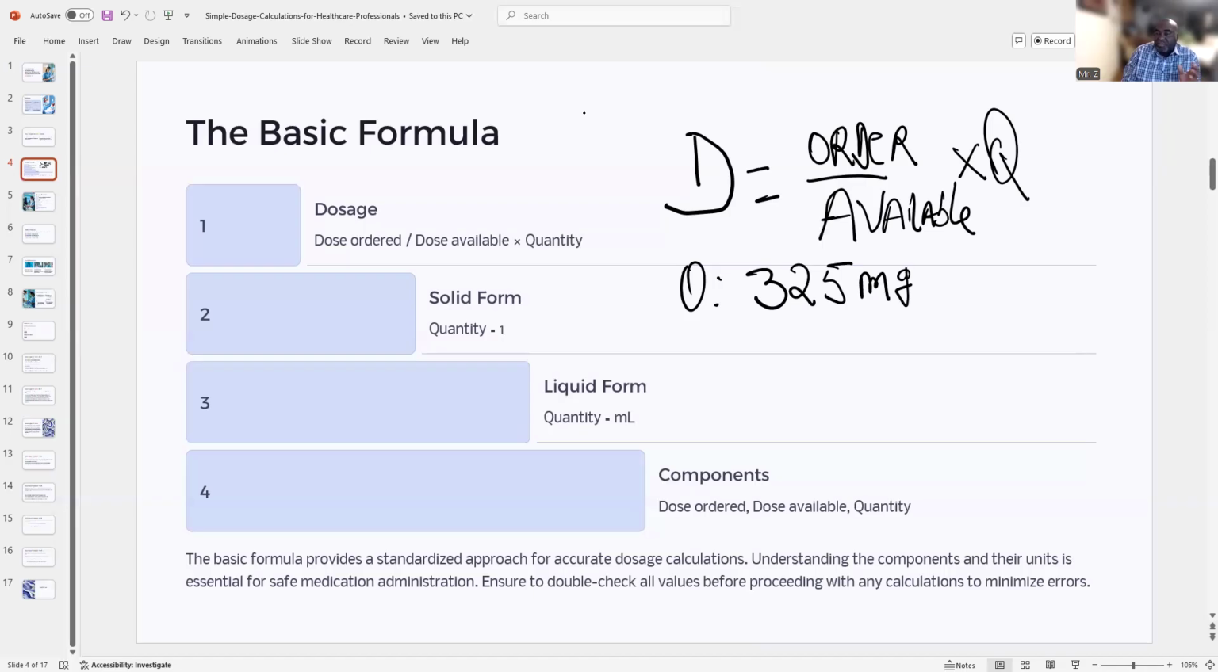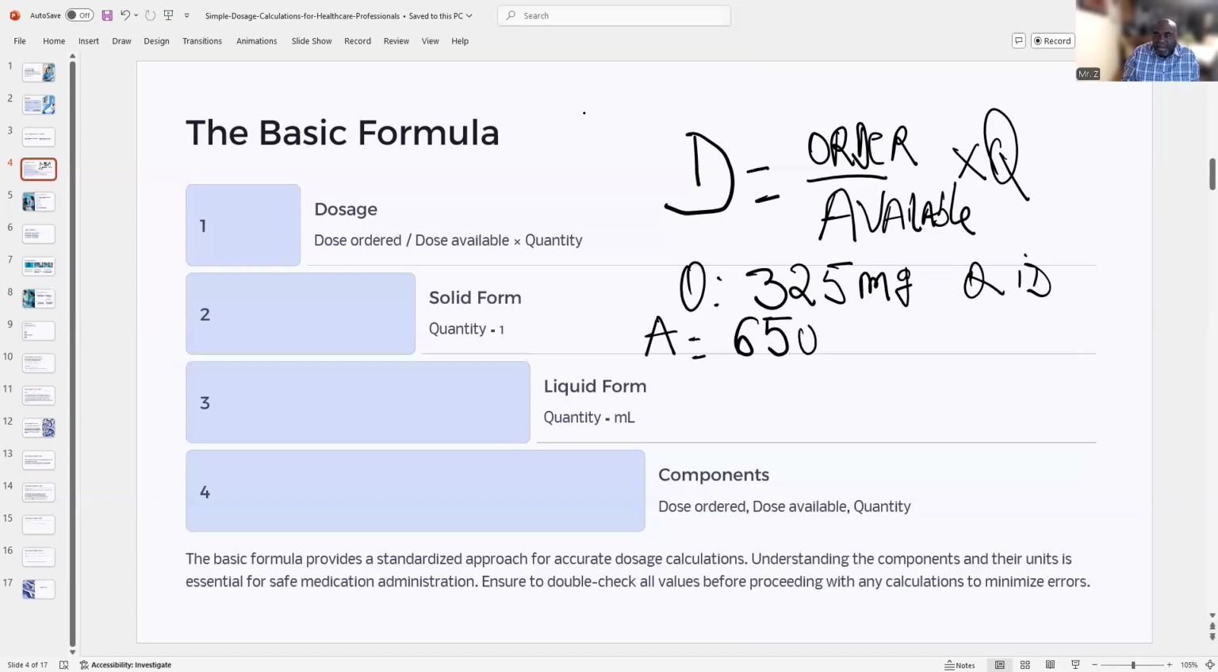Maybe the doctor says QID. All right, QID means 4 times a day. It means you're going to give the baby 325 milligram of Tylenol 4 times a day. It does not mean you give all of them at one time. Throughout the day, within the 24-hour period, the baby or your kid has to get the Tylenol 4 times a day. But the problem is what you have in your home, or what the pharmacy is selling, only comes with